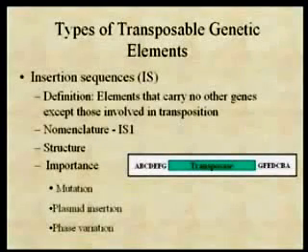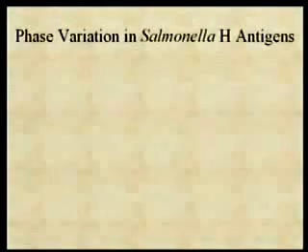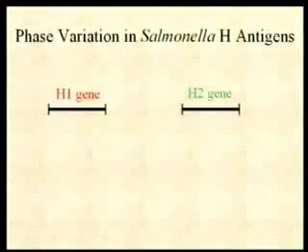But most importantly, they're also involved in phase variation. Again, phase variation is this change in the antigenic properties of a cell as a consequence, in this case, of an insertion sequence. And the classic example of that is phase variation in the Salmonella H antigens. Now,